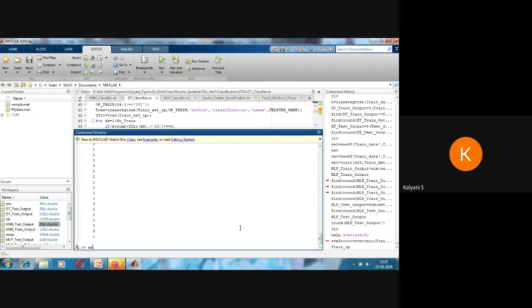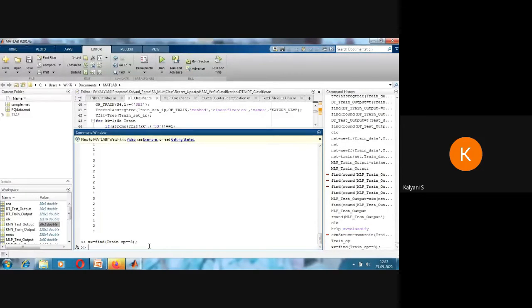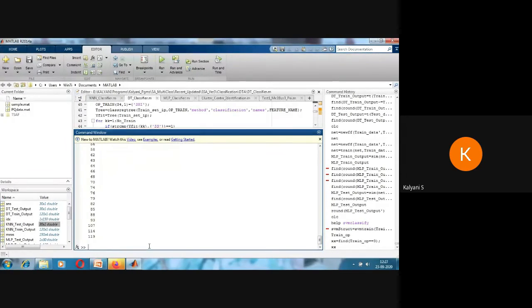I'm going to find all the samples in training which have class label 3. In train output, whatever is matching class label 3, I find and store in a variable called xx. So xx will have the indices of the class labels having 3. All that I'm going to convert to 2. So train output new will be equal to train output of